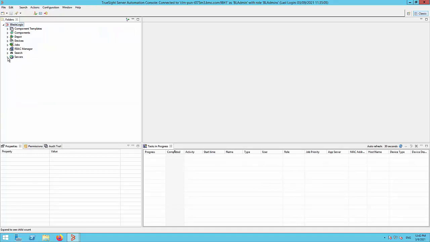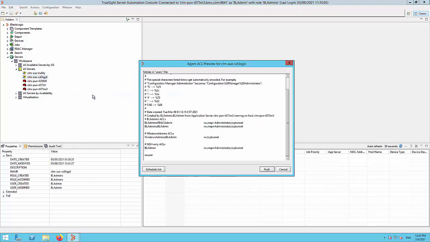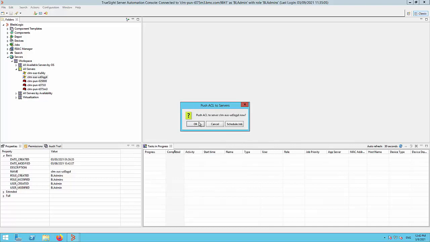On the console, when I'm connected again with BL admin user and BL admin's role, I'll go ahead and do an ACL push on this particular target. It will show what entries are going to get updated when I'm performing this action. So I see the Windows admin's role is also added over here. Then I do a push from the console